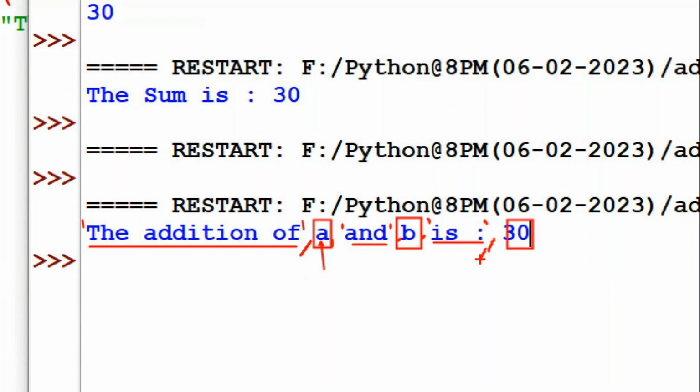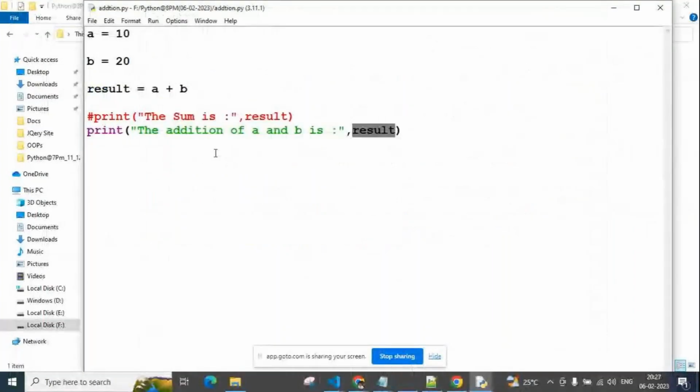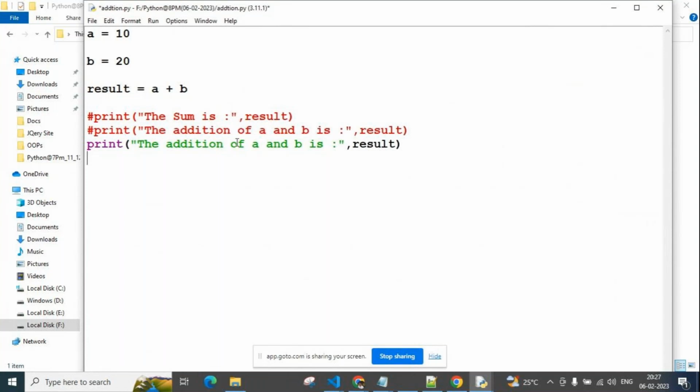Okay, now? Yes. See here, the same line I want to print differently. So the addition of, here I used double quotes, so again here also you need to use double quotes. Addition of A, and B is.